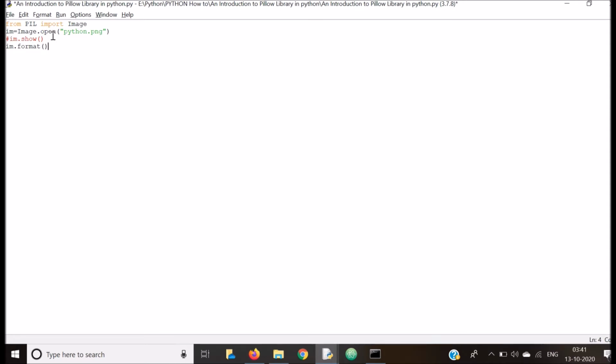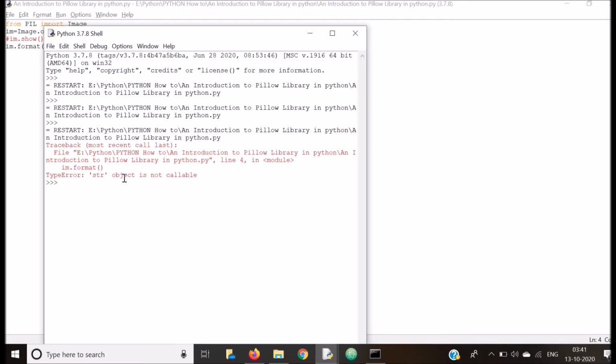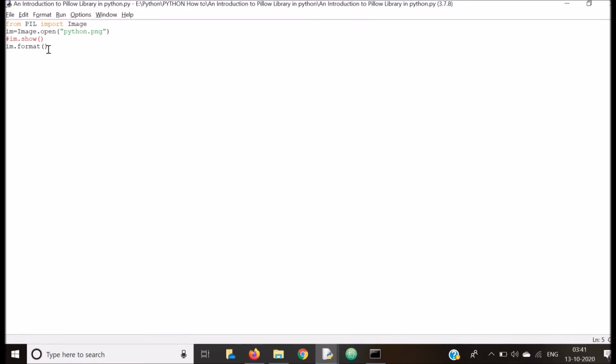The format method returns the format of an image.